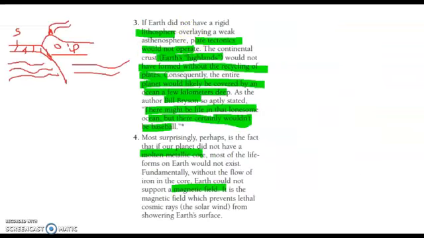Now, secondly, if Earth didn't have a rigid lithosphere, there wouldn't be plate tectonics, and if there wasn't plate tectonics, mountains wouldn't have formed, and if there was no high land, Earth would have been just covered by an ocean a few kilometers deep, and there wouldn't be any land to live upon. Fourth is, if Earth didn't have a molten metallic core, there wouldn't be a magnetic field, and if there wasn't a magnetic field, cosmic rays would be lethal for the organisms living on this planet. So all these points make Earth a suitable planet for